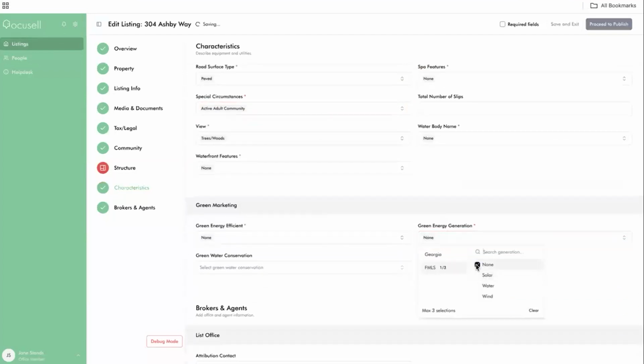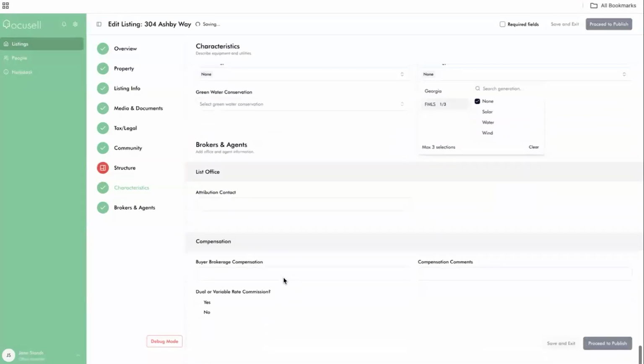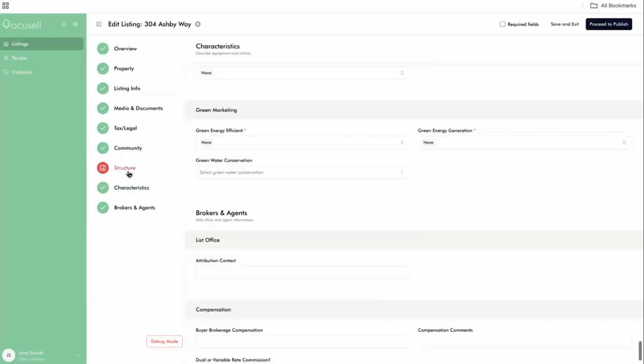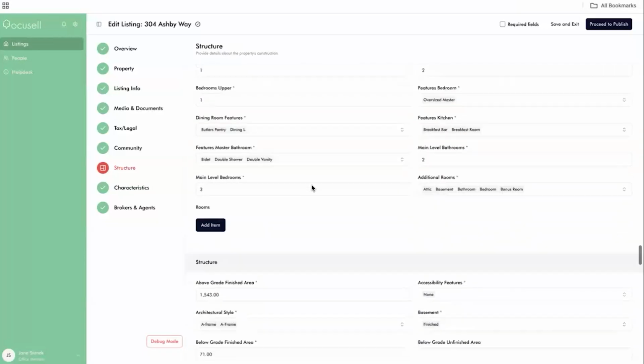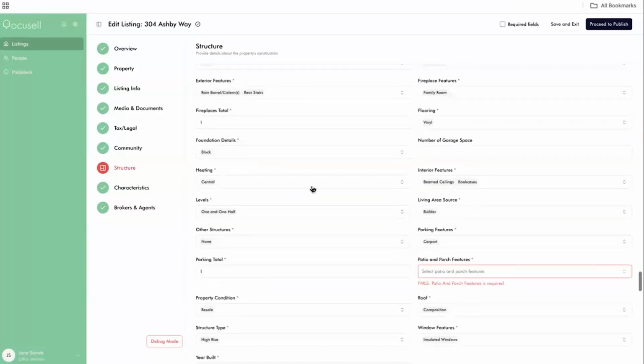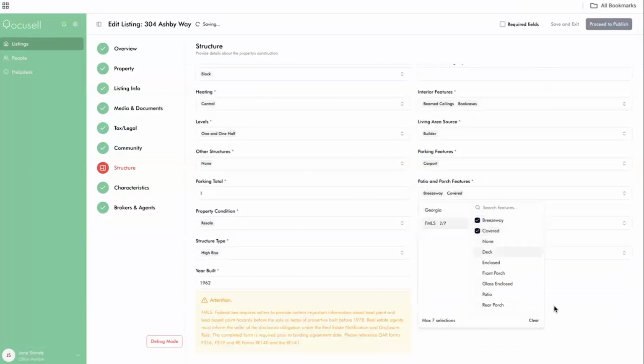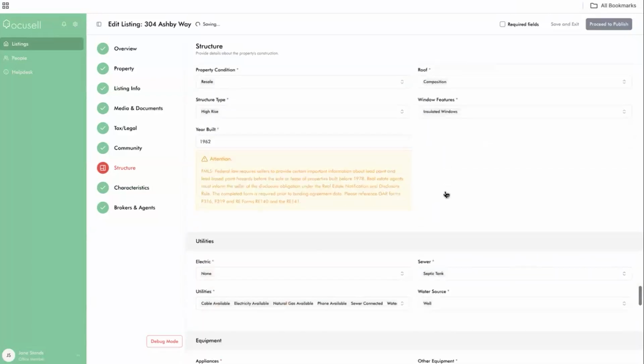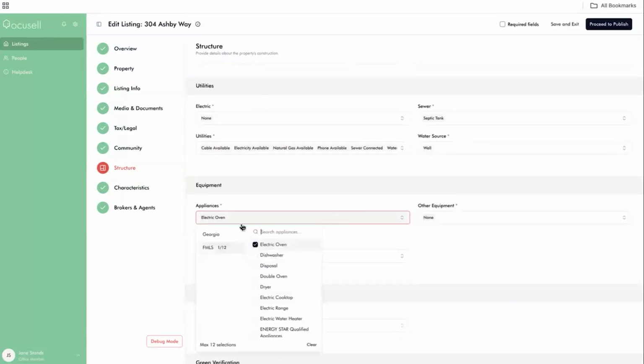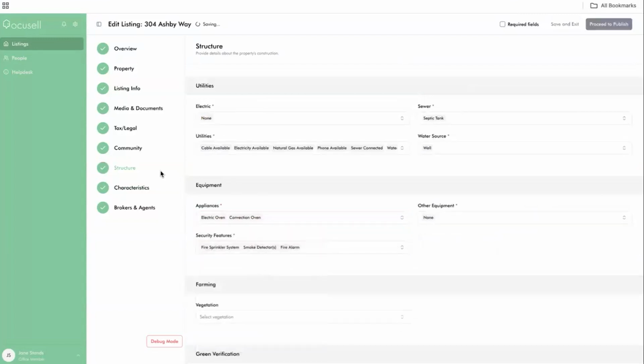All right. No green energy. All right. Looks like there's one more here in structure. No patio features. Breezeway covered. One more. All right, conventional oven. All right, now I have all green over here. That looks fantastic. Now if I click proceed to publish,